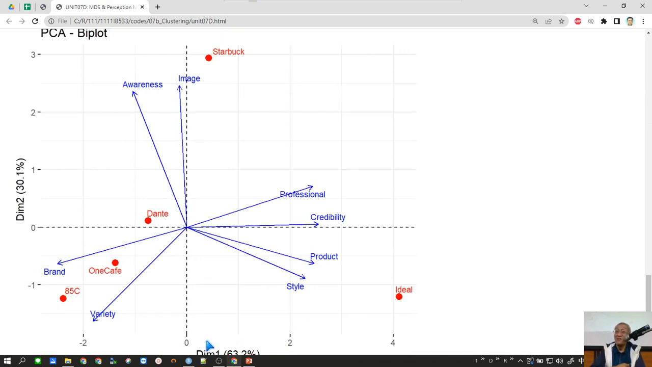In this product it is very intuitive. Starbucks has the highest image and awareness. And this Ideal brand is scoring high in these four attributes in comparison with the others. And these 3 brands are kind of similar with each other. And for these 3 brands, the 85°, they are better in branding and variety,